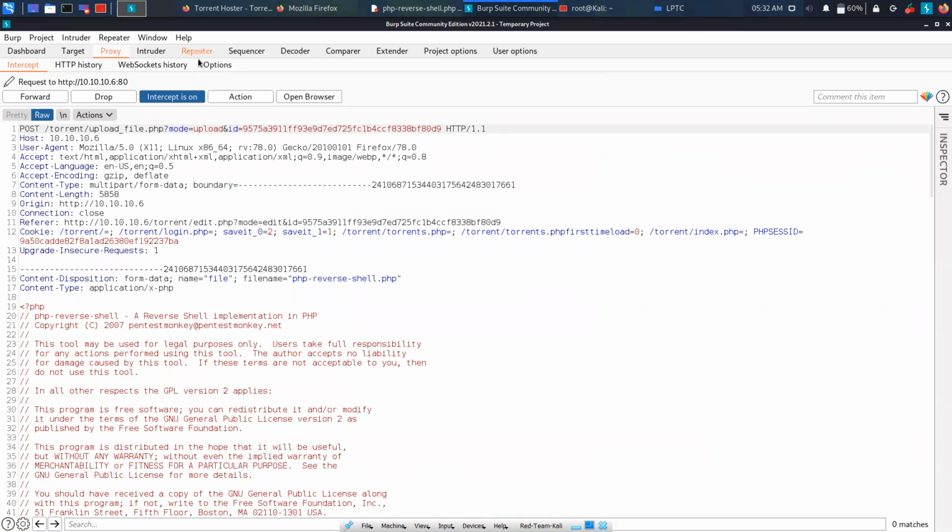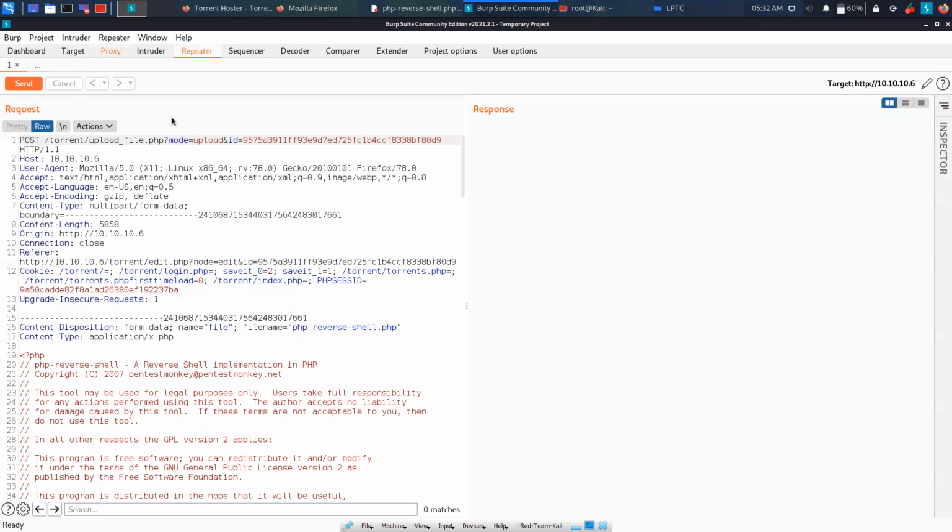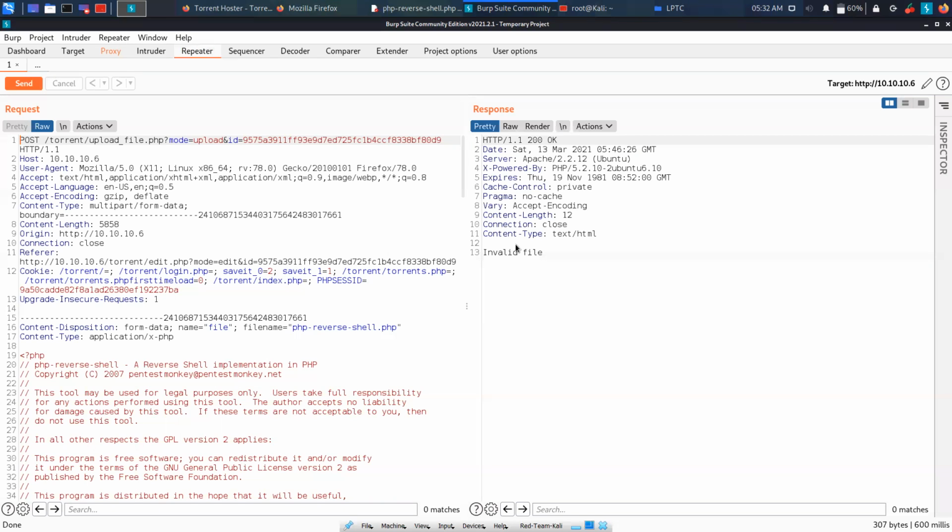Once we send to repeater, we can see the request and response in front of us. So we can just play around. Like we can first send and see, okay, it is showing invalid file. So basically we need to play with the request to bypass the file upload because it's still showing invalid. Now, if we go down, we can see this content type, which is a header being used. So what we can do is try to manipulate this. We can tell it we are not uploading a PHP, we are uploading an image / PNG file.